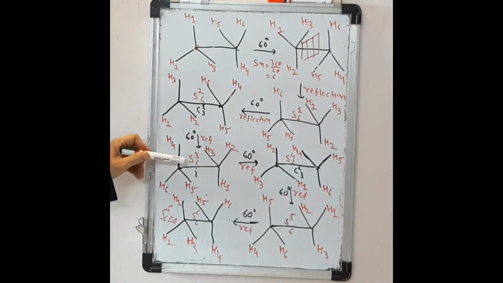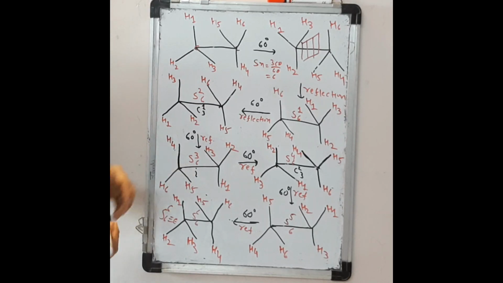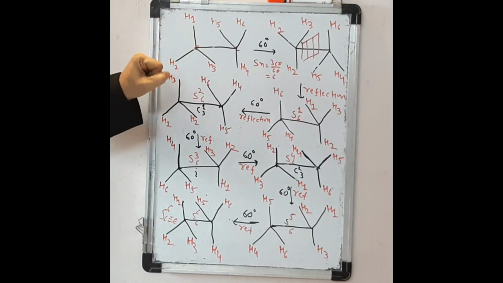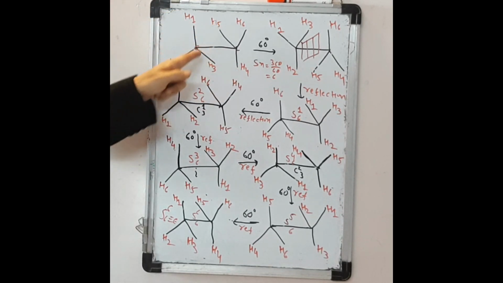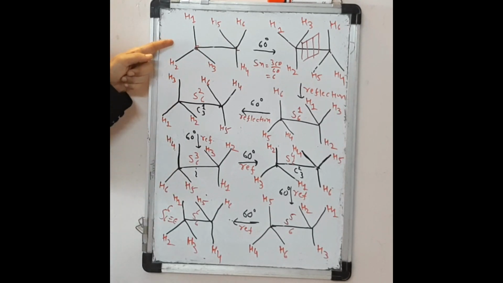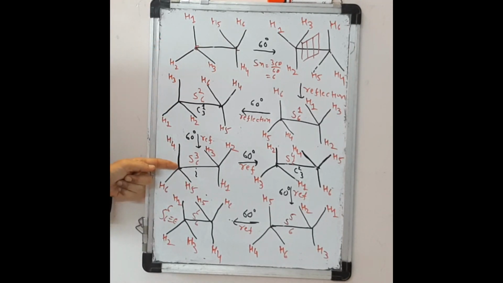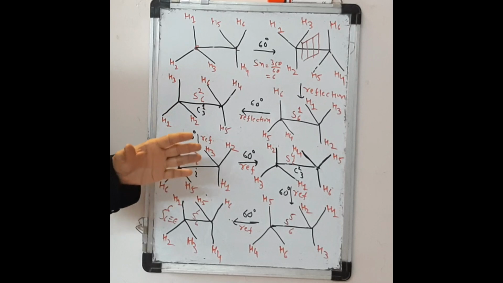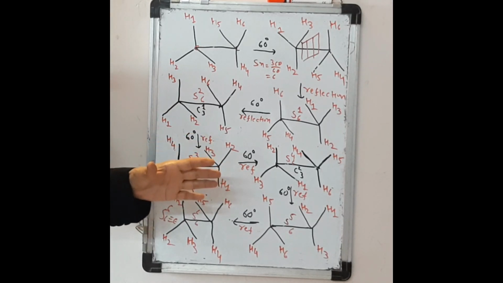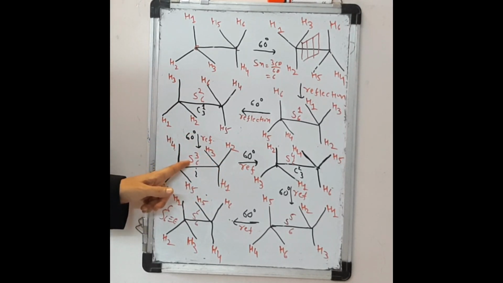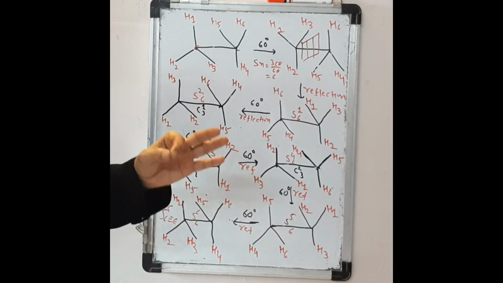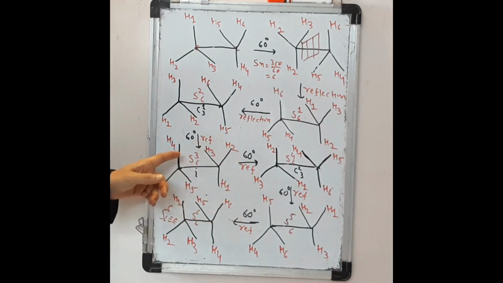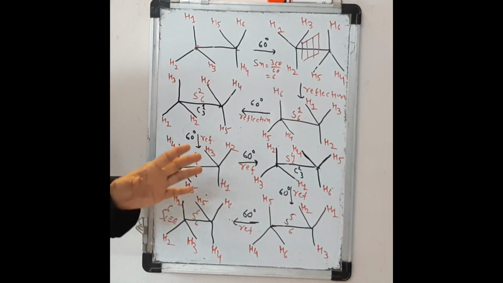Similarly, this S36 is also named as i, the center of inversion. So here the action of inversion on the staggered ethane molecule causes H1 to H4, H2 to H5 and H3 to H6, which leads to this configuration. If we give 3 times 60 degree rotation followed by reflection, it leads to a configuration known as S36, and the same configuration is obtained by giving only inversion. So S36 is also named as center of inversion.